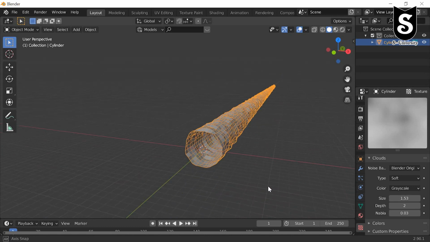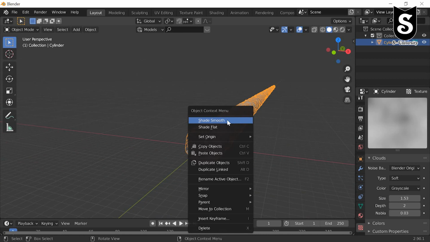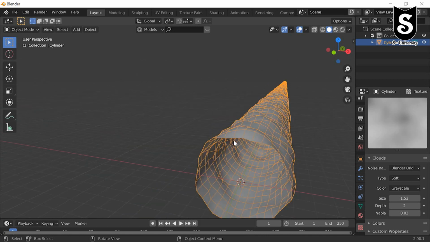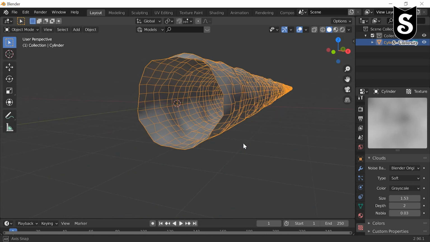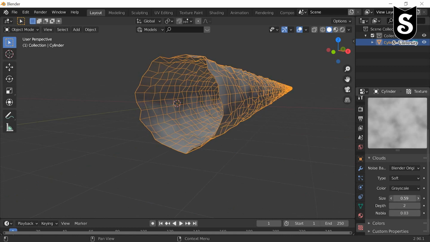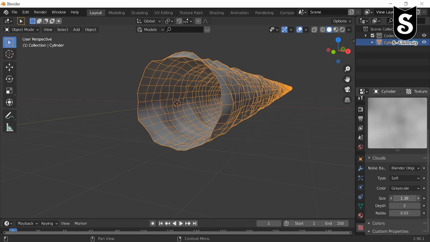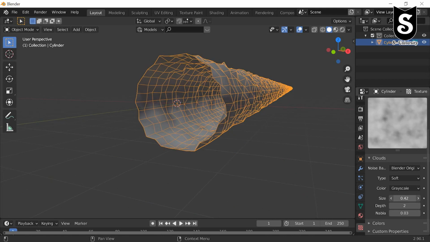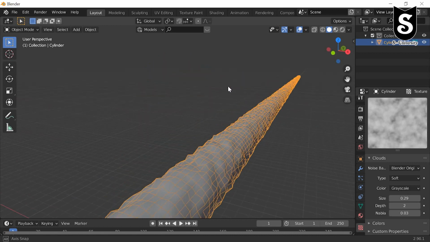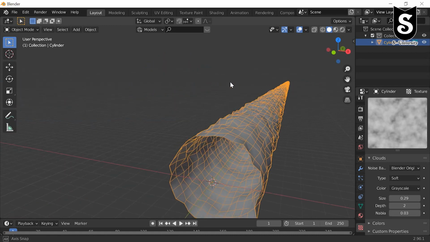Make it shade smooth. Now it looks somehow good.